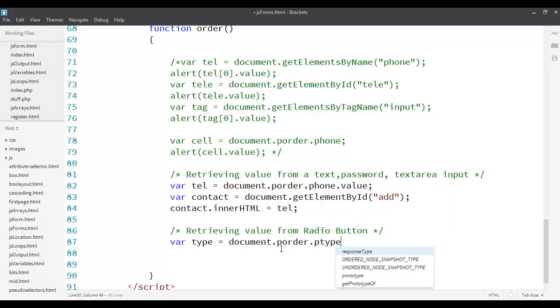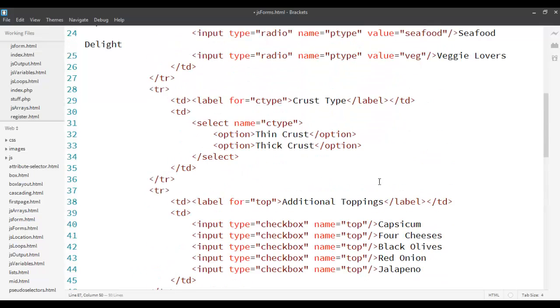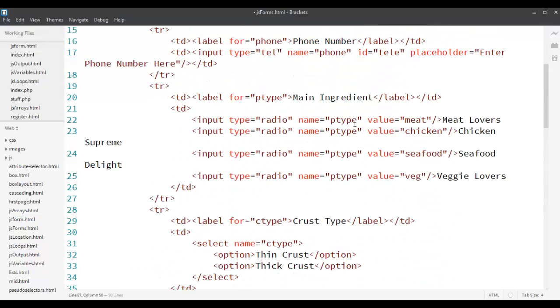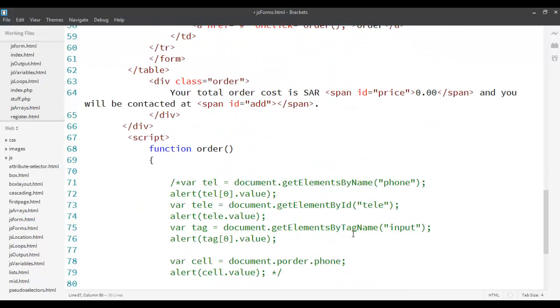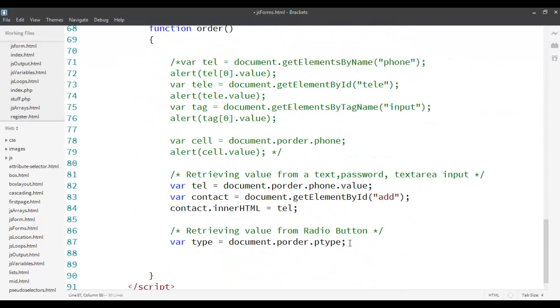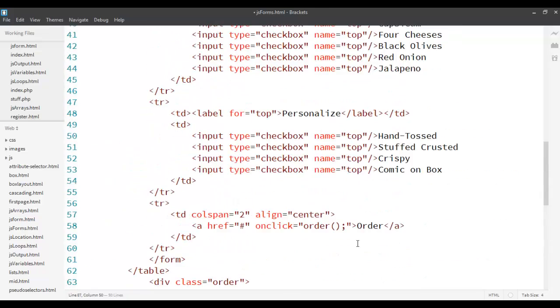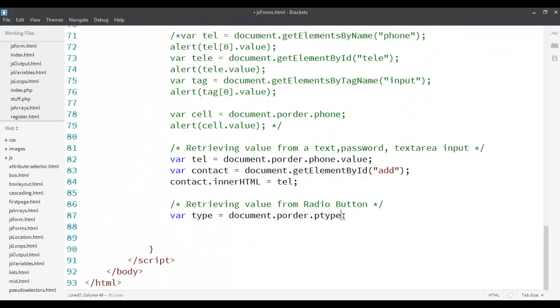That was the name of my radio button. See that? The name of my radio button over here was p type. Now this will give me a handle for the radio button. Now to get the value, the issue is if I just say dot value over here, it will not be